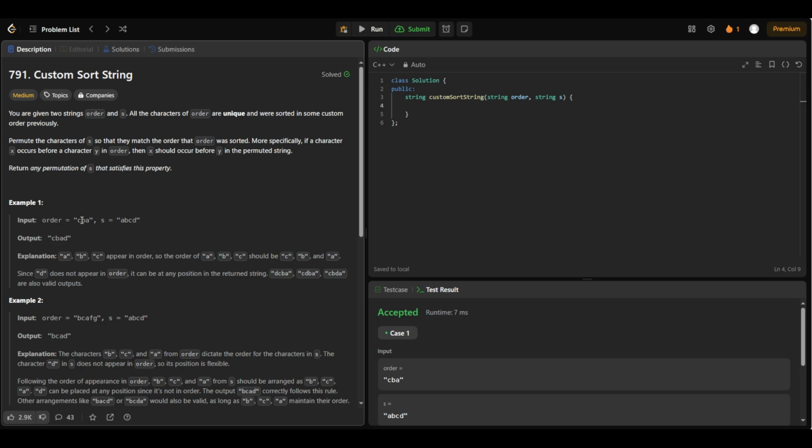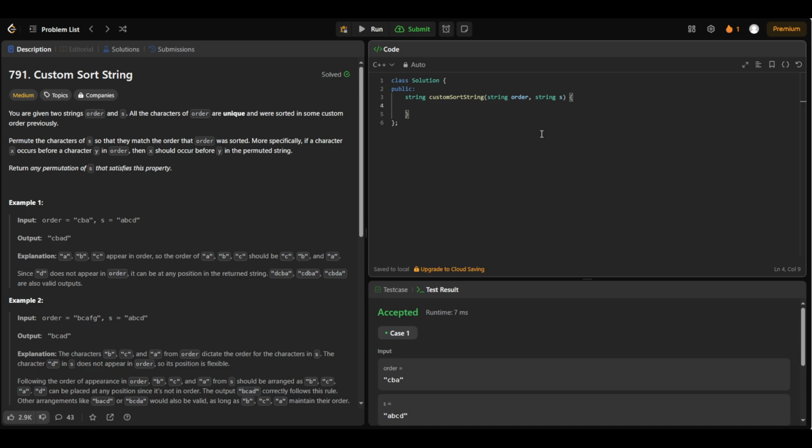If for every character we note its index, the simplest way is to assign c as 0, b as 1, a as 2. That way I'll know that c comes before b, b comes before a. Once we make that map, we can use it to rearrange s and create a new string out of it. So let's do the first part, which is to store the indexes of